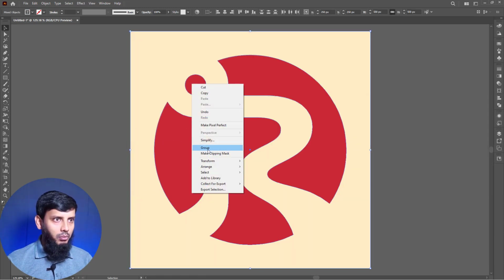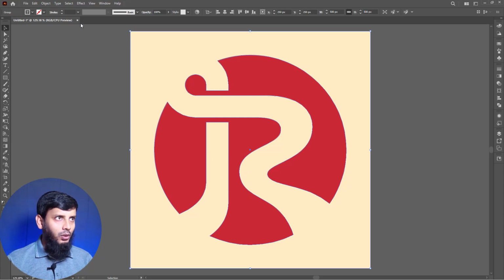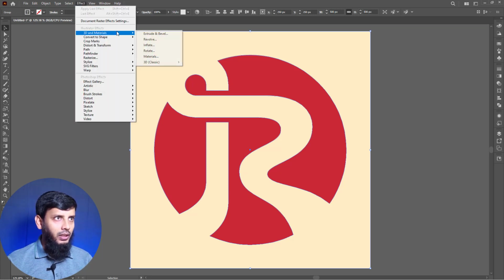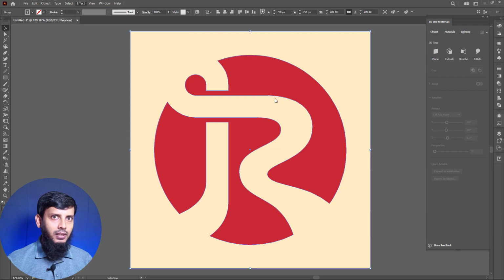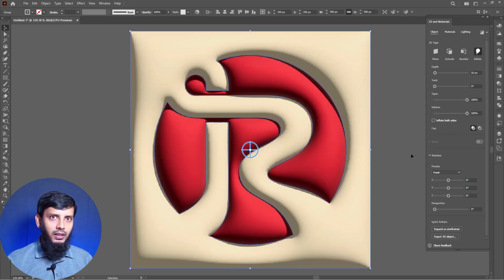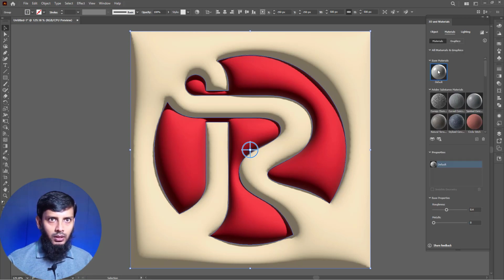Select the both, make group, go to effect, 3D and materials, inflate, change the depth to 20, go to materials, go with basic one, change the roughness to 0.3, go to lighting,